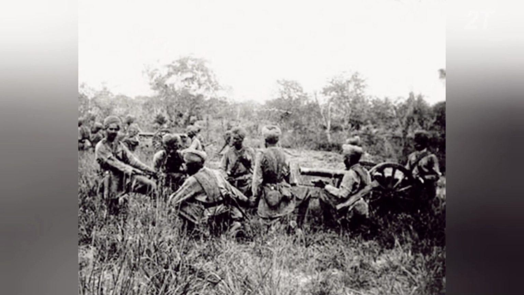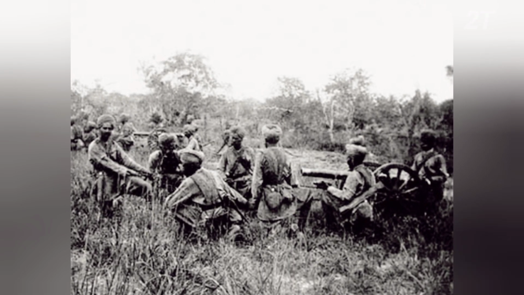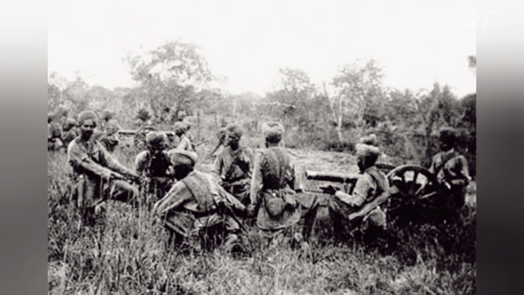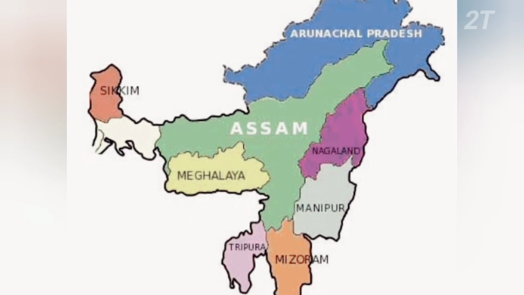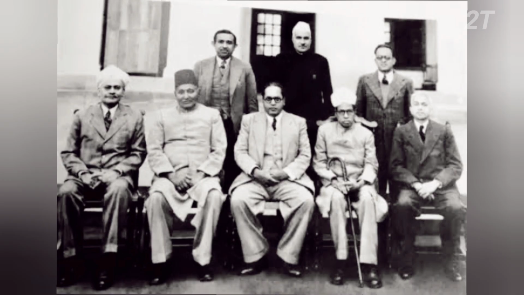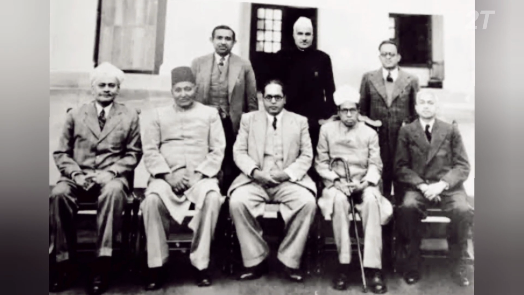Desperate for a resolution, India approached the United Nations for support, and a ceasefire between India and Pakistan was reached with the UN's help on 1 January 1949. That same year, other princely states such as Manipur and Tripura also acceded to India. The nation's constitution was close to being established.